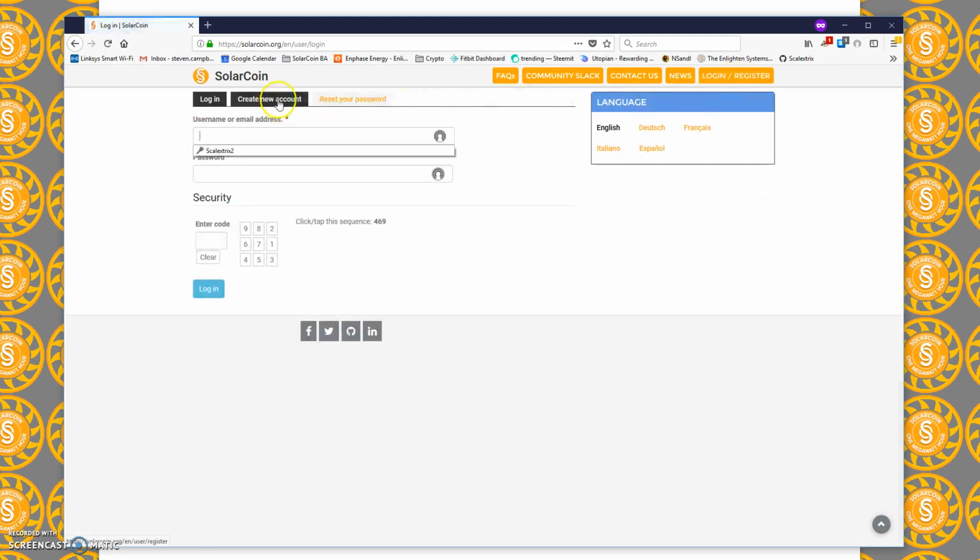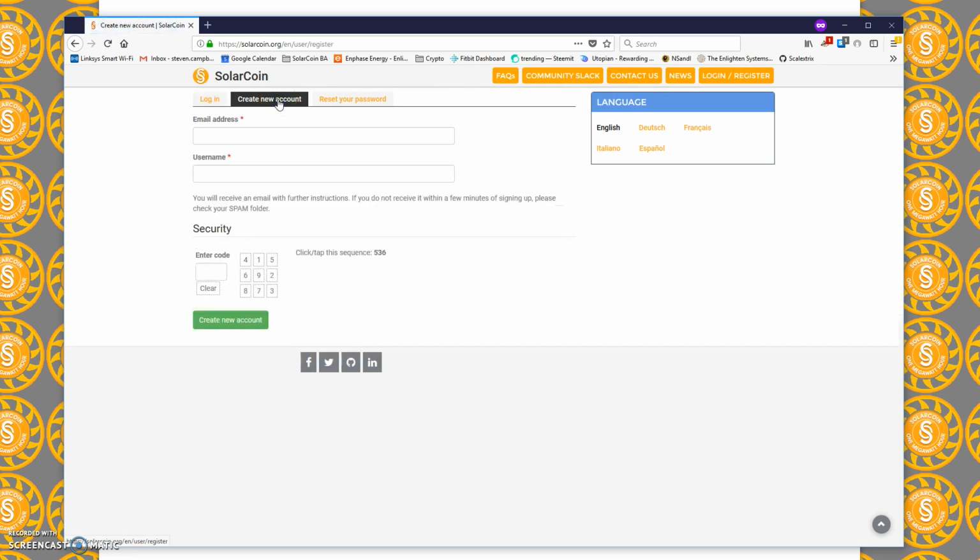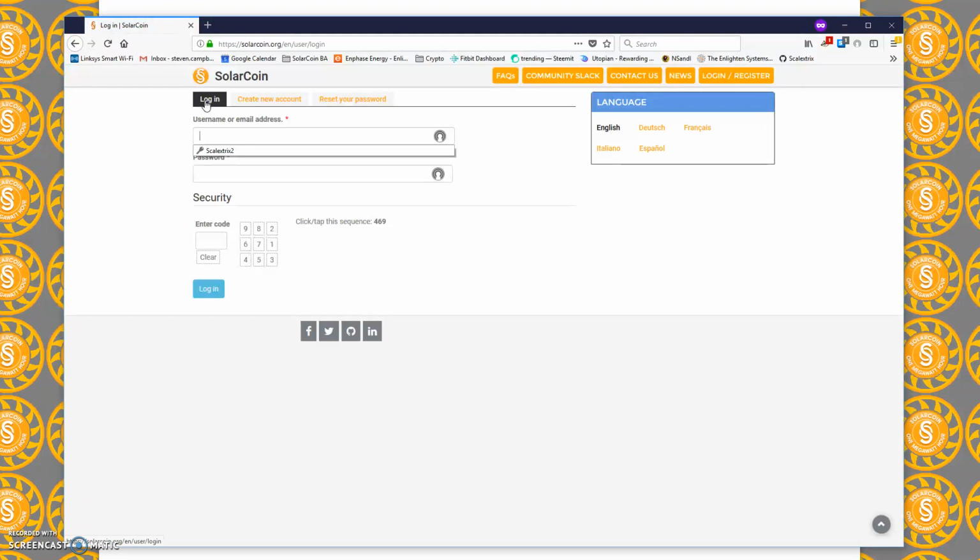Now if you've never claimed before, and you probably haven't, you'll need to create a new account, fill in your email address and create yourself a username, and submit this through the captcha, and it will send you an email where you can validate yourself and create an account. That's a fairly straightforward standard process, so I'm not going to cover it in this video. So assuming you've been able to create your basic account, if you log in with your credentials, I'll just complete the captcha,